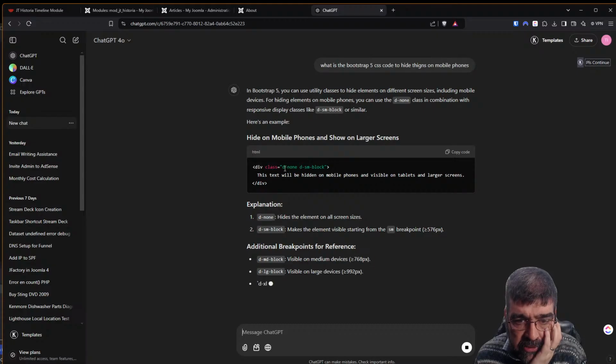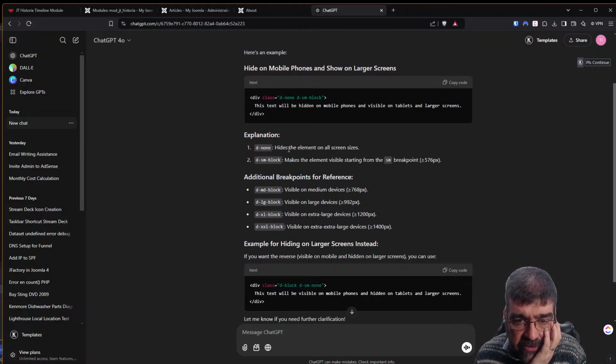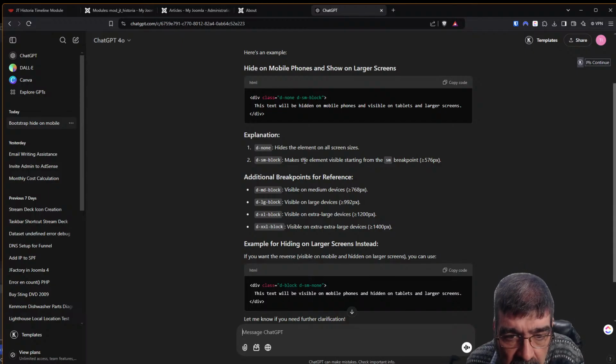So we would want D. D none hides the element on all screens. Makes the element visible starting from the... Okay, what are they talking about? Makes the element visible starting from the small screen breakpoint. All right, so I think if we do this,